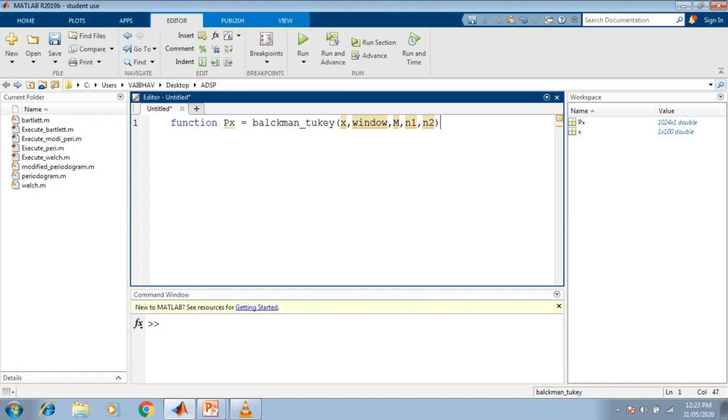Now we have to end this function also, and whatever body we have to develop for this particular function should be in between these two keywords, function and end here. Now we should have this particular script for the function Blackman 2K saved here.